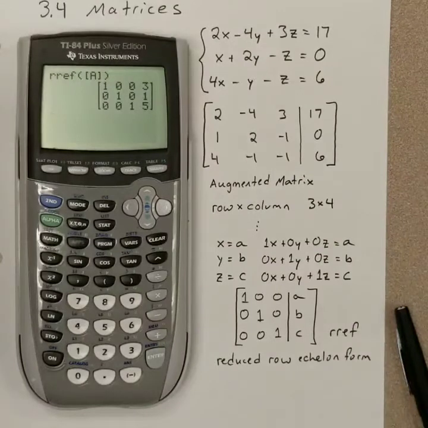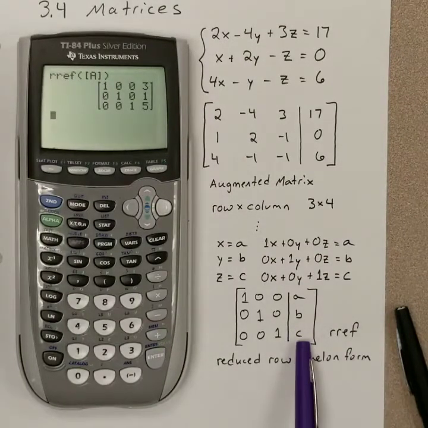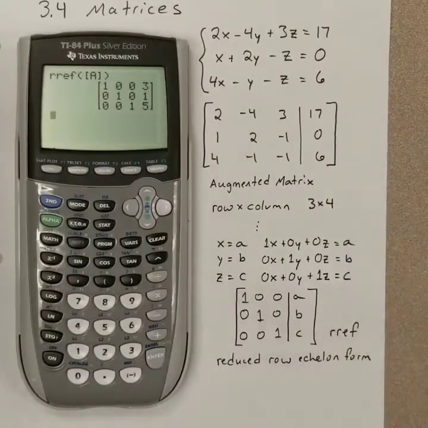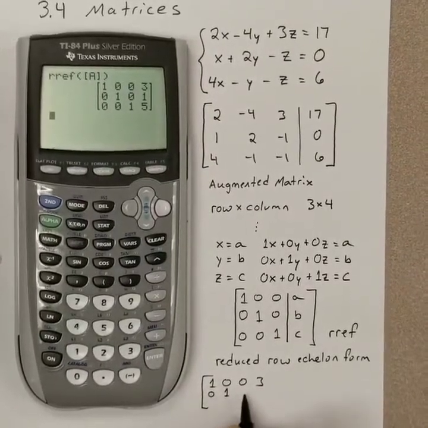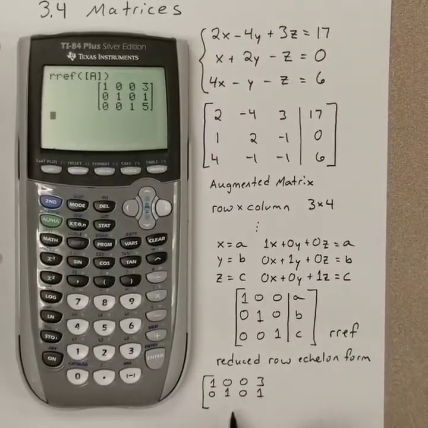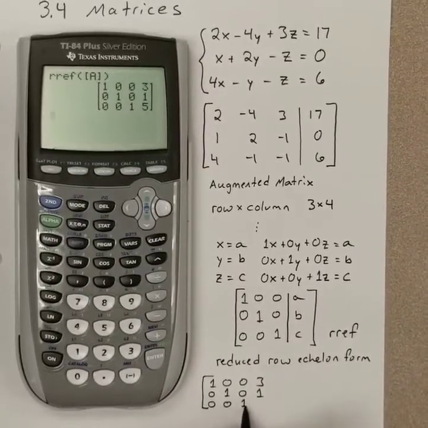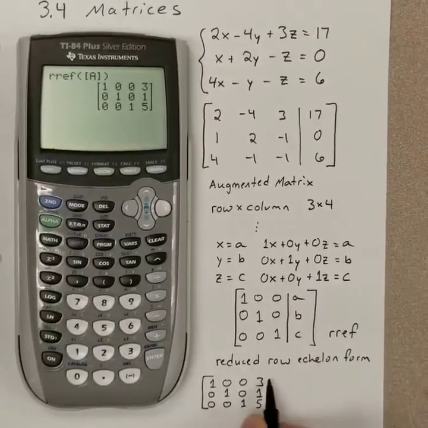The numbers on the right will represent the solution to the system. And so in this particular system then, because our reduced row echelon form is 1 0 0 3, 0 1 0 1, 0 0 1 5,